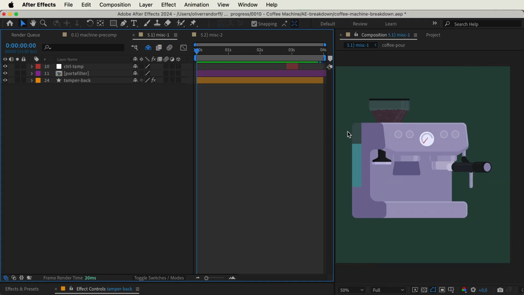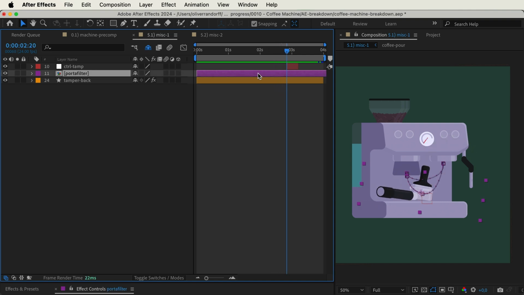This is a very simple way to sell the effect that we actually have liquid in the glass. Instead of spending a lot of time doing wave warp and different effects, you can actually get away with something a lot more subtle. When you really need to sell an animation, it's often done in the details and the subtleties. So when we take a look at this project, as an example, we have the tamper coming down and tamping the coffee right here.